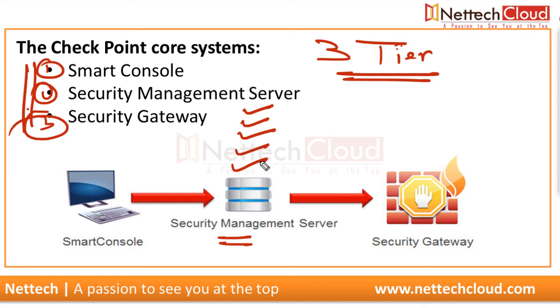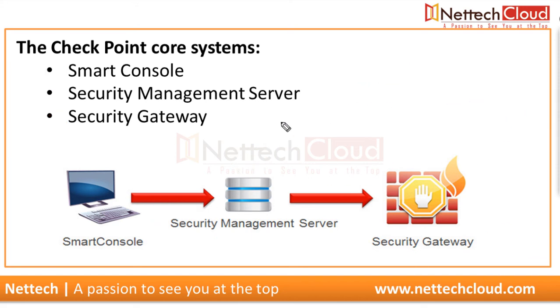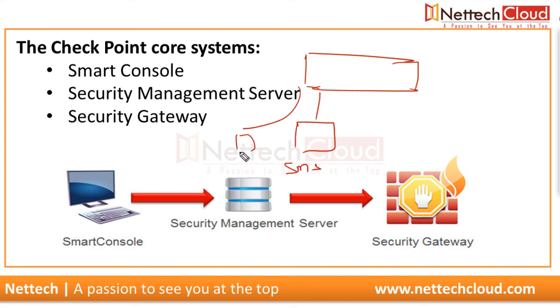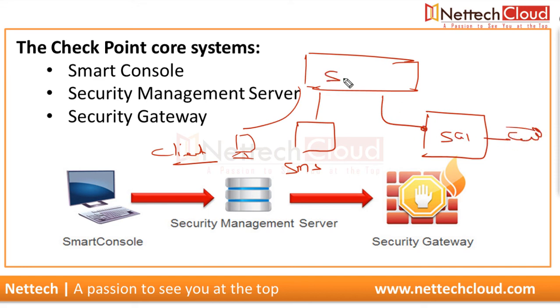So in order to manage multiple security gateways or firewalls, definitely there should be at least one management server, right? And security gateway is the firewall. So basically management server will never handle any data plane traffic, right? Data plane traffic. So for example, let's say here a LAN switch and SMS and client machine, and here is the security gateway, LAN side interface, and this is your switch.